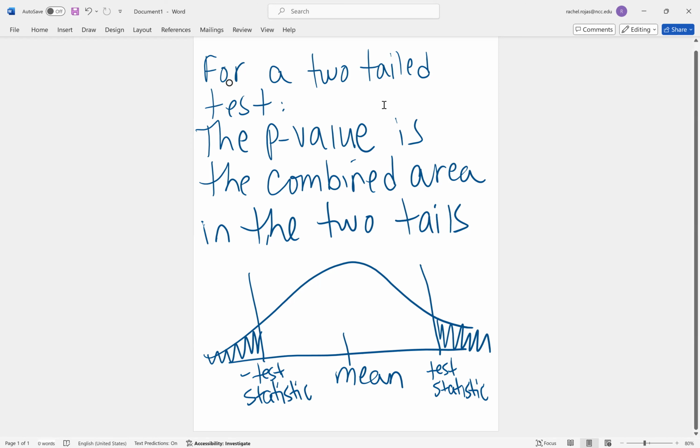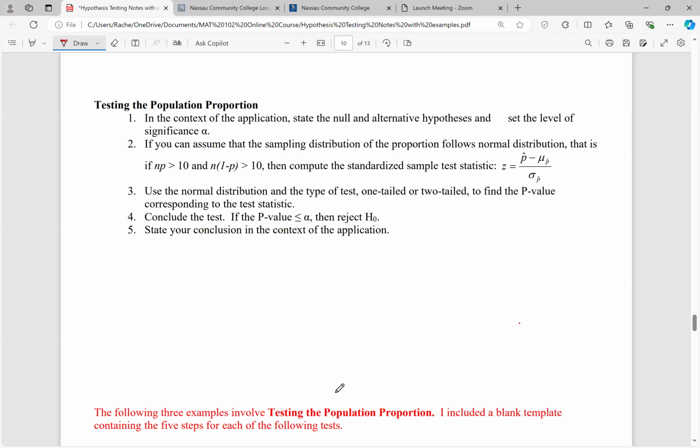All right, so let's test the population proportion now. So instead of testing mu, the mean, now we're going to test the proportion, p. So the steps are exactly the same. The first step,